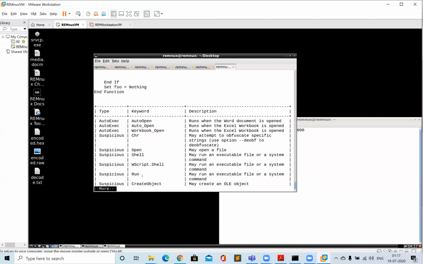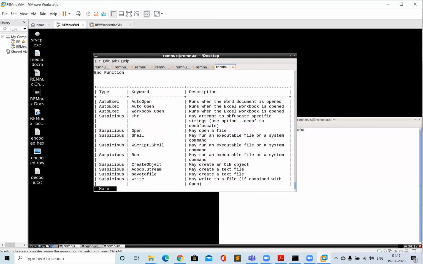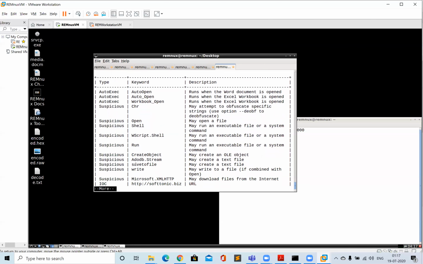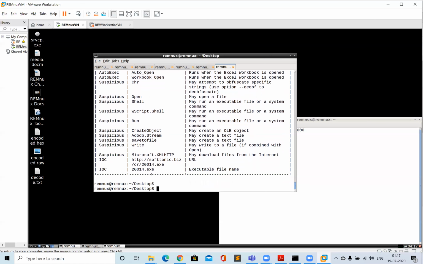It also has the Run command, it is saving to file, writing to file, and then downloading something from this URL, and the executable file name is 2.14.exe.